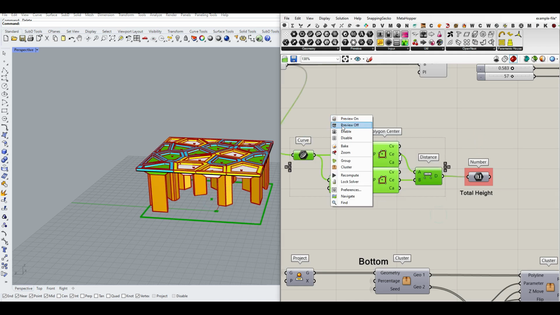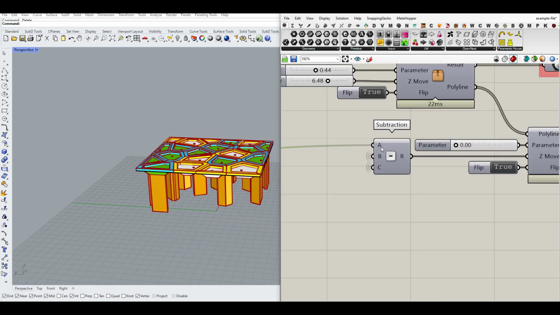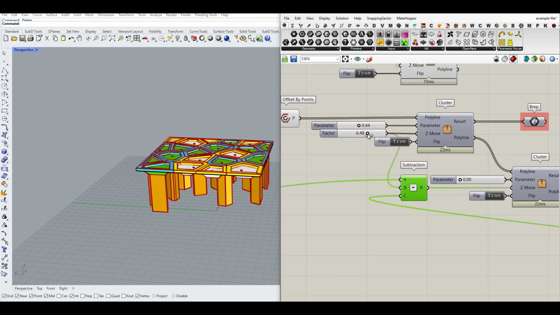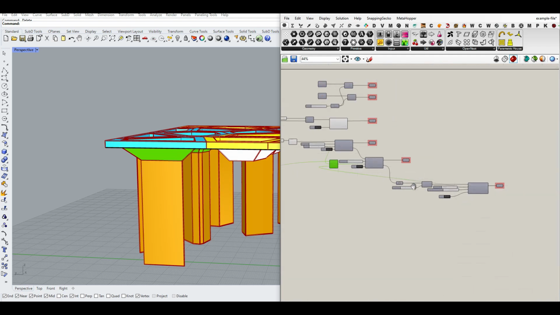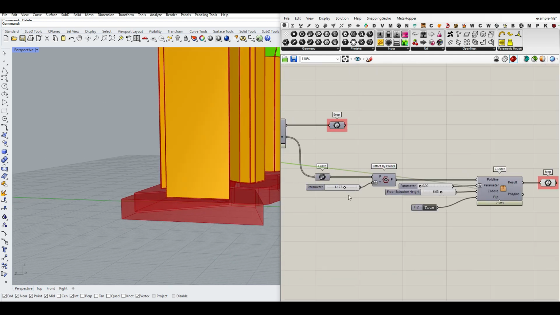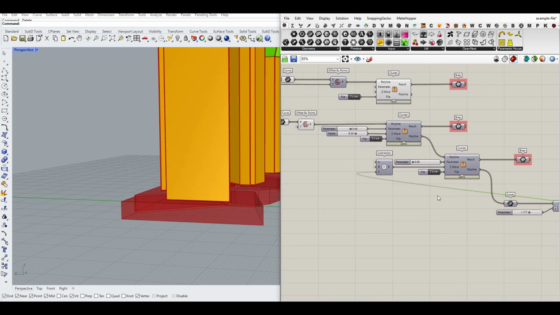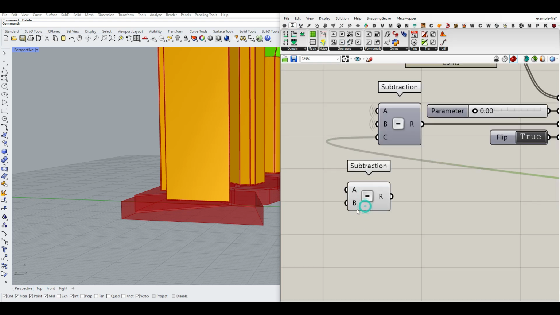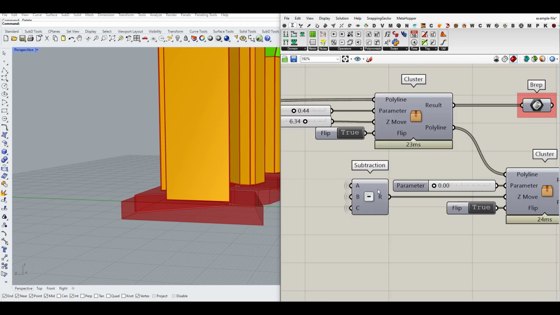So after creating the height, what we want to do is to simply subtract two inputs. One is the height of these parts, and another one is the height of the columns that they are sitting on. So this is the height of the column sitting. So we've brought that to the minus. You can simply use minus here and add any number you want to the subtraction component